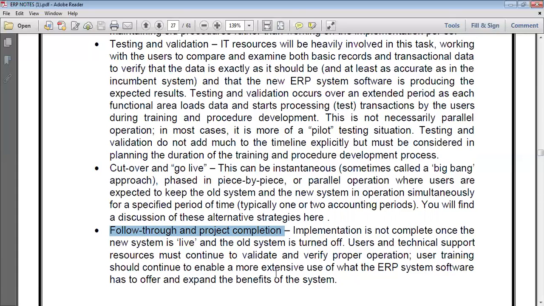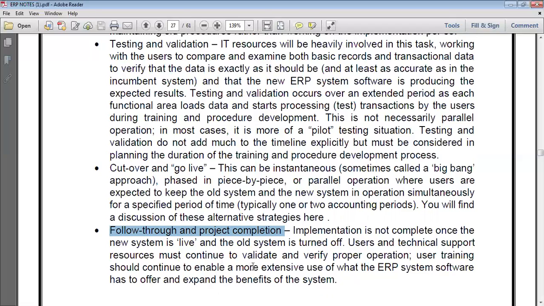For example, take online services and surrounding areas like the internet and Wi-Fi. User training should continue to enable more extensive use of what the ERP system software has to offer and expand the benefits of the system.